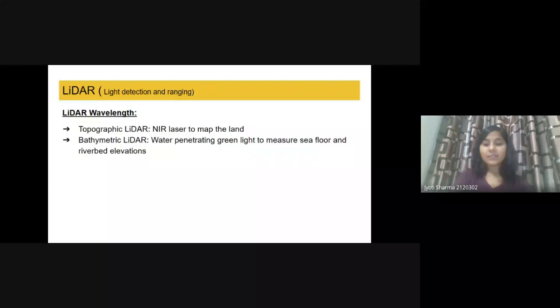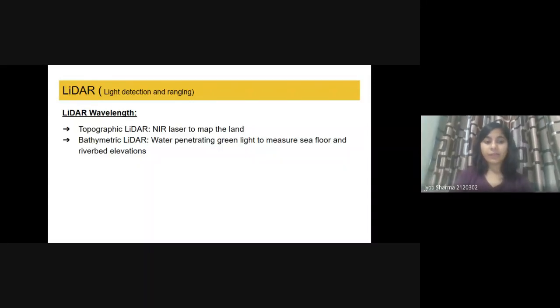So we can say that yes, lidar is advanced because we can use different types of wavelength now, because in radar or sonar we can use only a very specific kind of wavelength, but in the lidar we can use different wavelengths for different applications. So this is the kind of advancement we have. Is it clear,